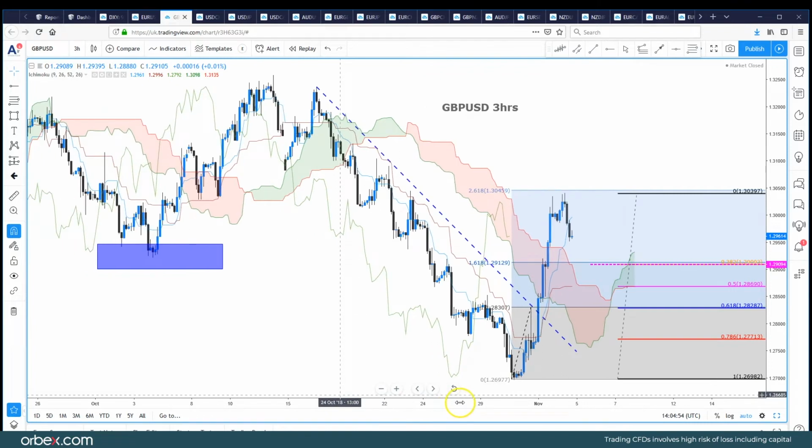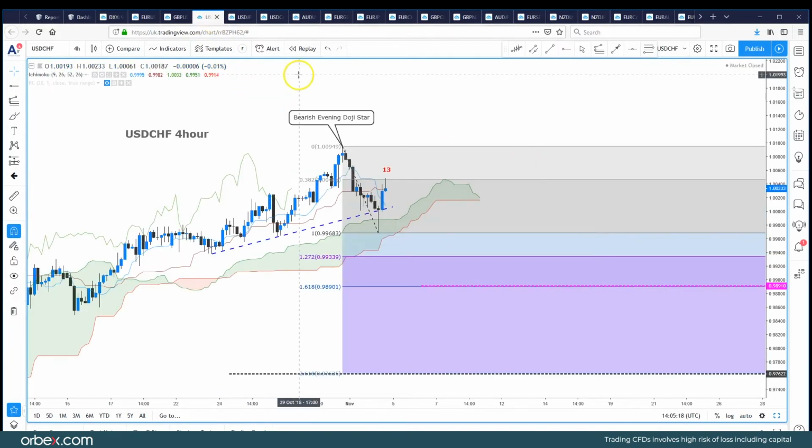If we just move to the side, we can see a previous support level here coming in at 129.20. So I think limited corrective movement, again, maybe early on Monday or even on the Sunday open. But we're definitely looking to buy into dips next week for a more aggressive move to the upside for sterling dollar. Dollar Swiss, again, it's not